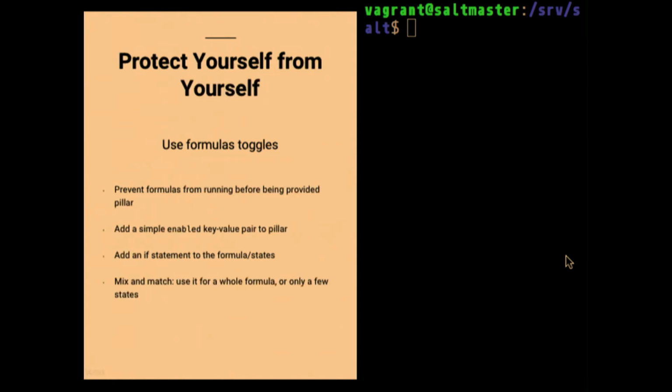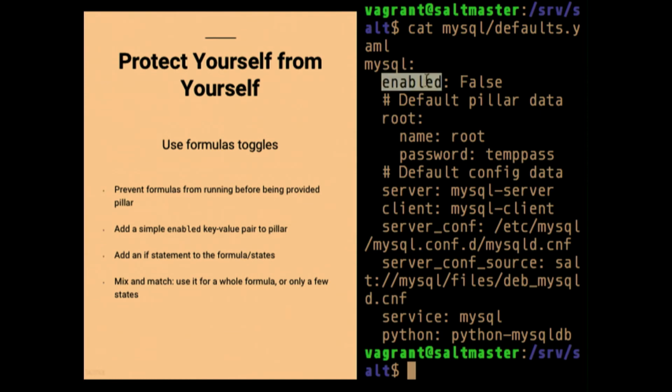And of course, there are also things we can do with our formulas to sort of protect ourselves from the inevitable mistakes that happen. And one of these is using formula toggles, and that was the enabled false in my defaults.yaml. And essentially what this does is, if I have,